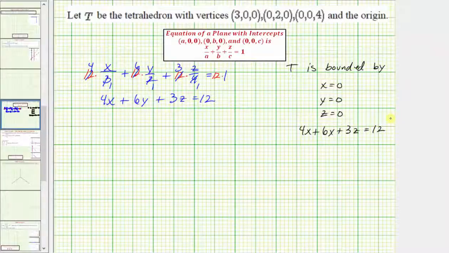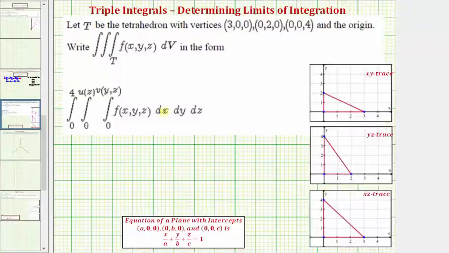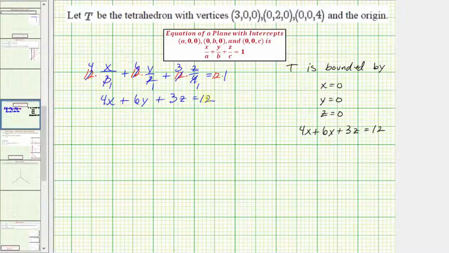Now going back to our triple integral for a moment, we first integrate with respect to x, so we're going to integrate from 0 to the plane, where the equation of the plane must be expressed as a function of y and z, which means we must solve the equation of the plane for x. So solving this equation for x, we would subtract 6y on both sides, as well as subtract 3z on both sides. So that would give us 4x equals 12 minus 6y minus 3z. Divide everything by 4,